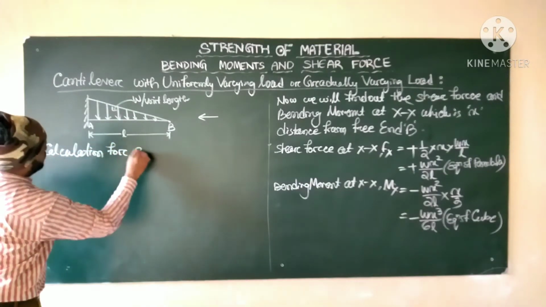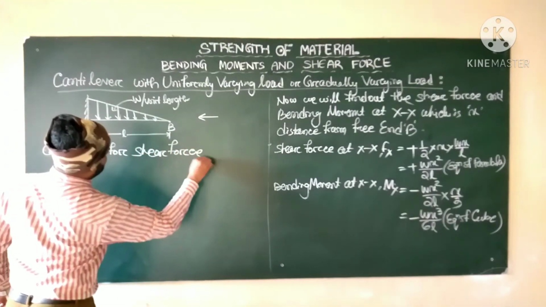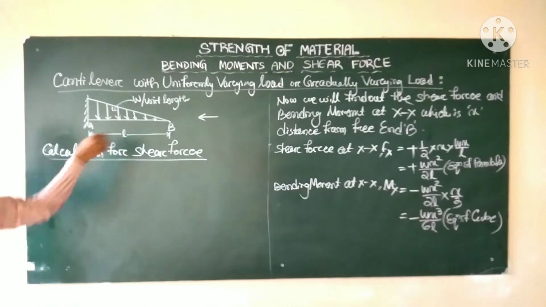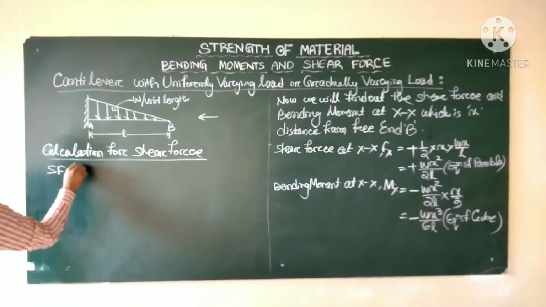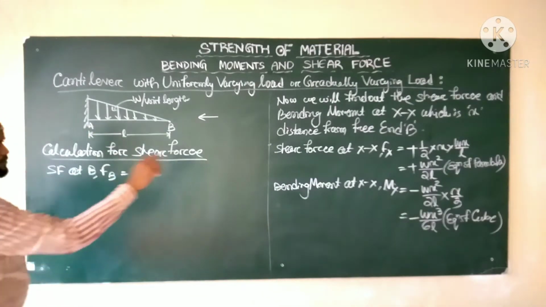Calculation for shear force. First one is B. So shear force at B, that is FB, equal to, the formula is plus W into x square by 12